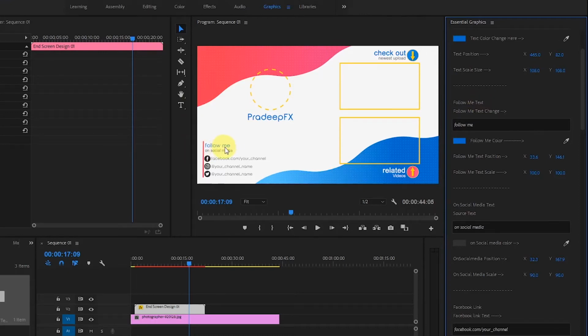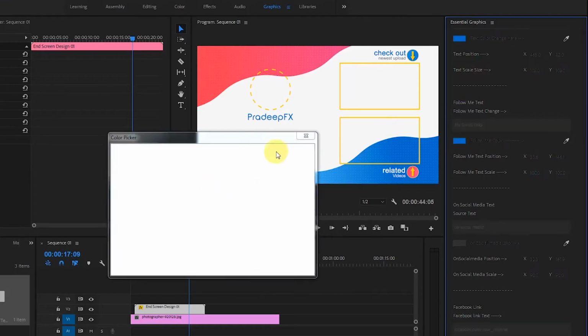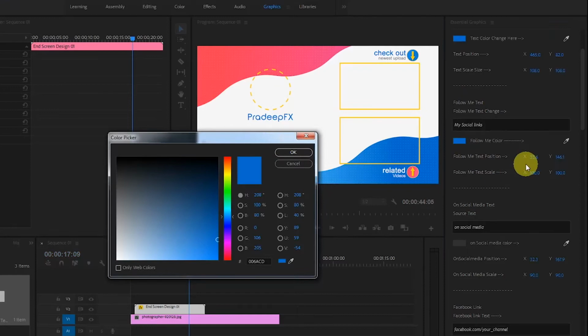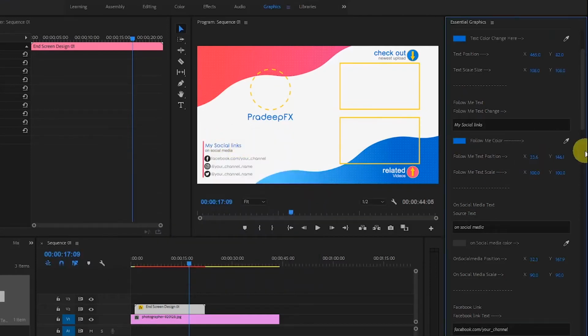If you want to change this text, you can do it from here. You can just type and click enter, and this text will be changed here. Okay. And the same way you can change its color from here, and you can change its position and scale.